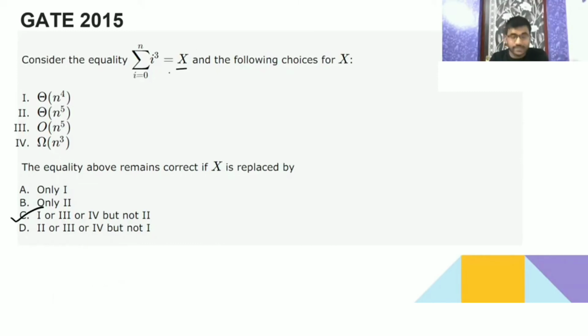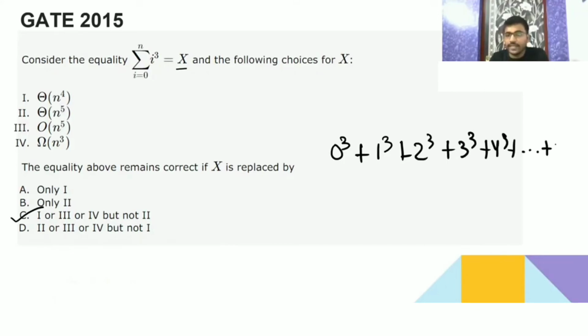There are the following choices. Now it is 0 to the power cube. Yeah, I am explaining. Let me explain. So it's 0 to the power cube, then 1 to the power cube, then because it's increasing, the sum is going to increase from 0 to n, and all the i is going to be cube, then 1 cube, then 2 cube, then 3 cube, then 4 cube, till n cube.